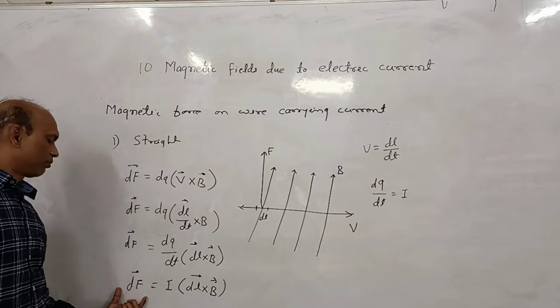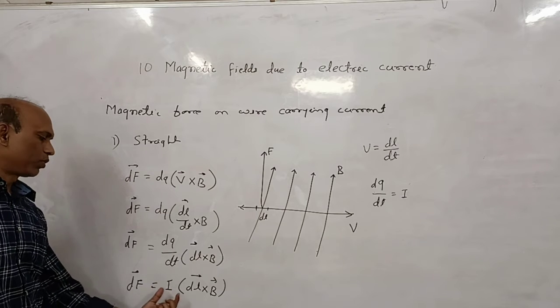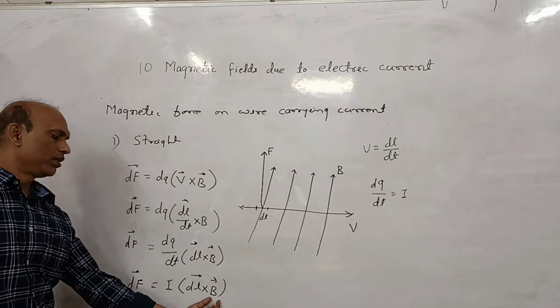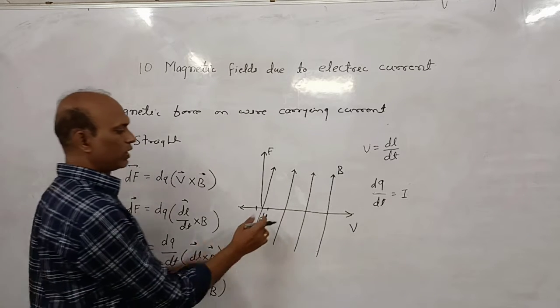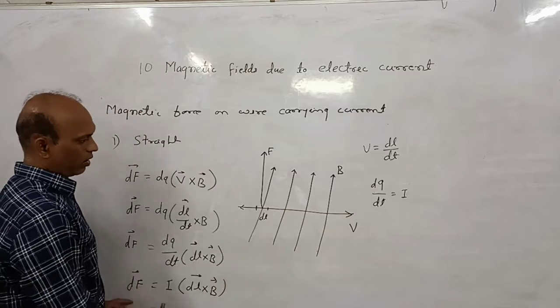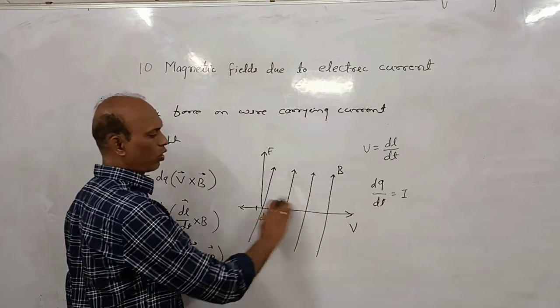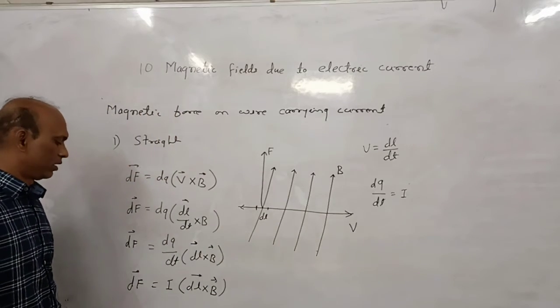So the equation becomes dF, the force acting on an element whose length is dl. I is the current and B is the magnetic field. So this is the force dF acting on dl. Now if you want to calculate the force acting on the entire length of the element, in that case